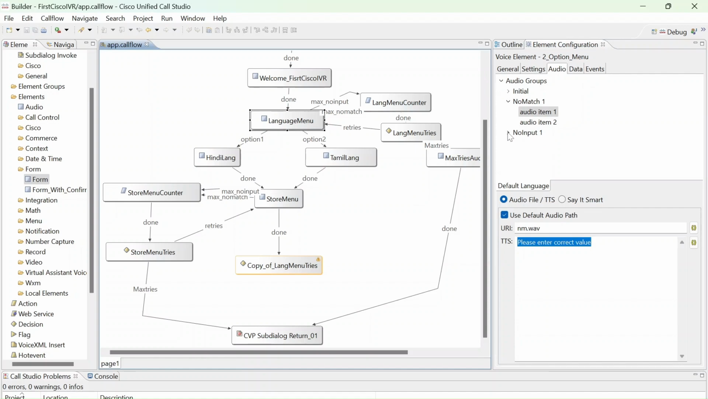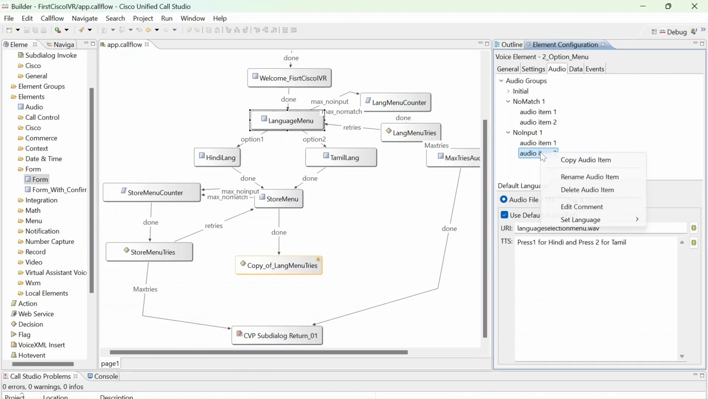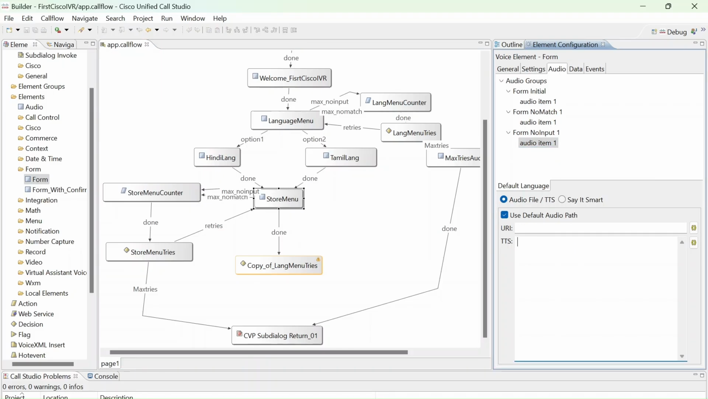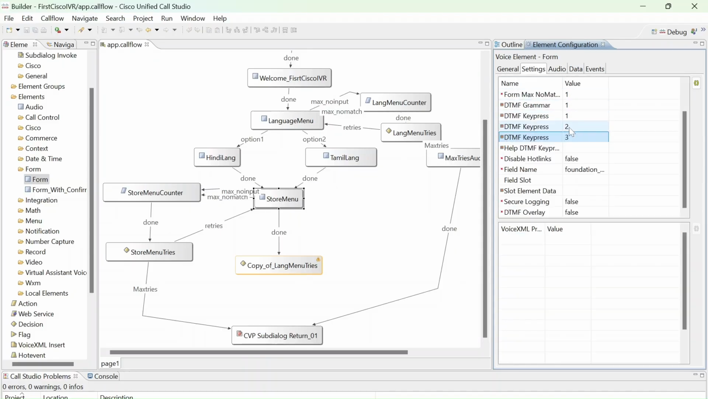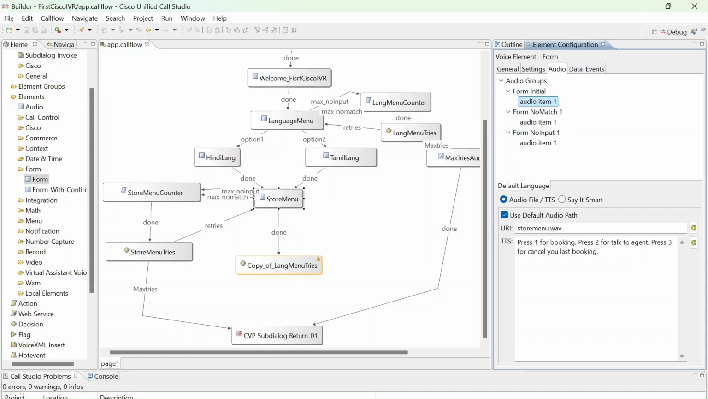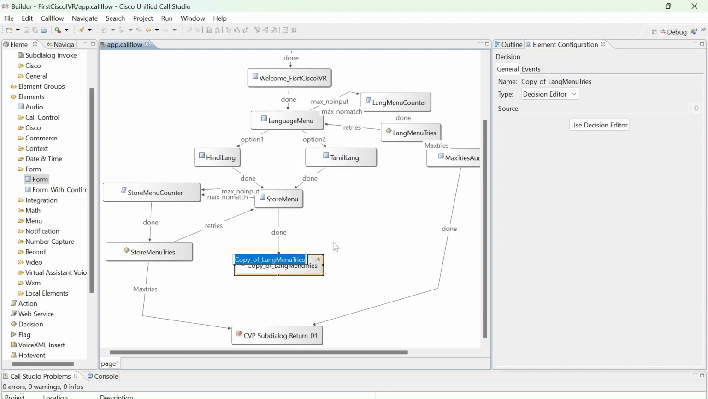The next is no input. Same thing, no input wave. So no match, no input done. So now we will go. The setting is also completed. 1, 2, 3, and in the audio item we have audio which says press 1, press 2, and press 3. Okay, now we will make this element a store menu